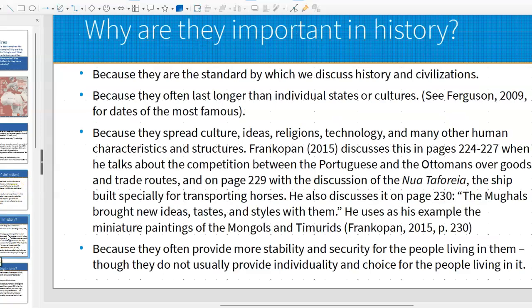All right, why are they important in history? A lot of this is what I know and what I believe from all the years I've been teaching this. One of the first and most significant is because they're the standard by which we discuss history and civilizations. If you start in any World Civ or Western Civ 1 or even US 1 or any course that's doing